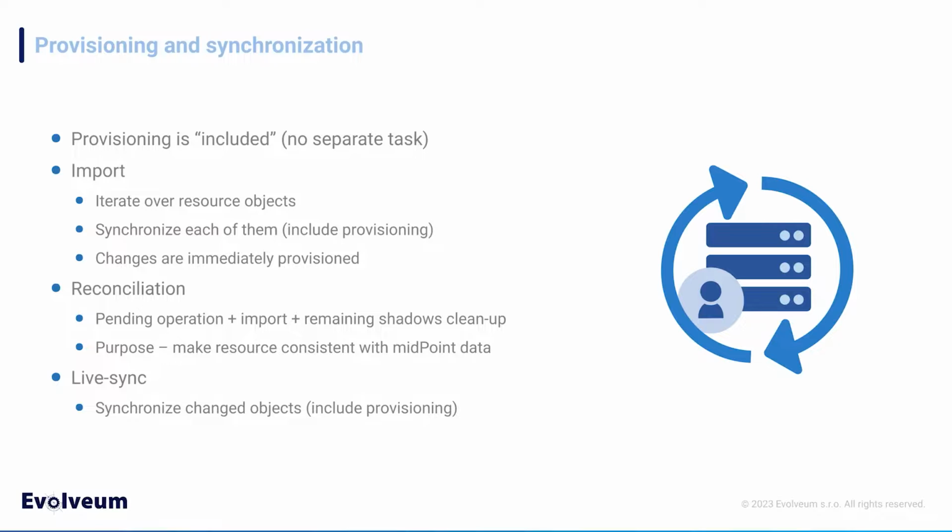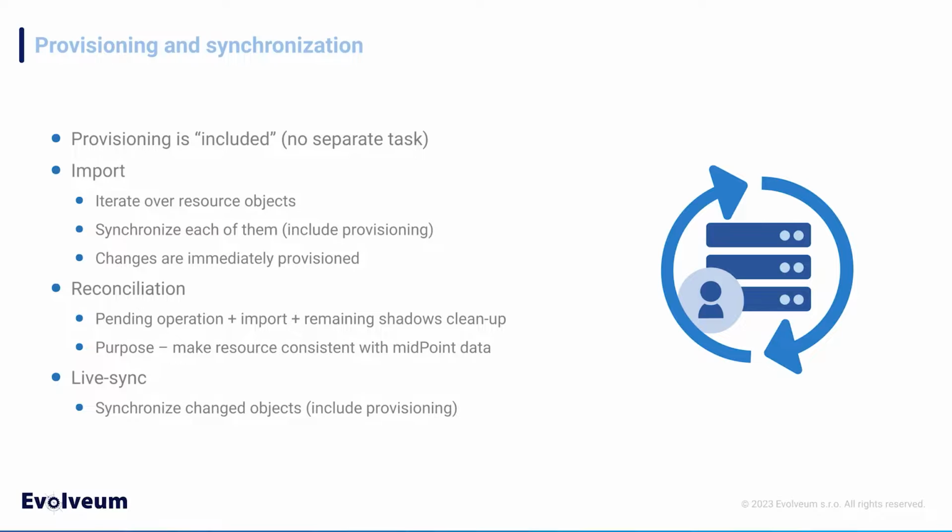This is the simplest task for synchronization. It iterates over specified resource objects. So usually when you are importing, you, for example, say, I want to import all accounts or all groups, something like that. Or even you can specify which resource object. And the import task is iterating over all of them, and then synchronizing them. What synchronization means is defined in the resource. So we have